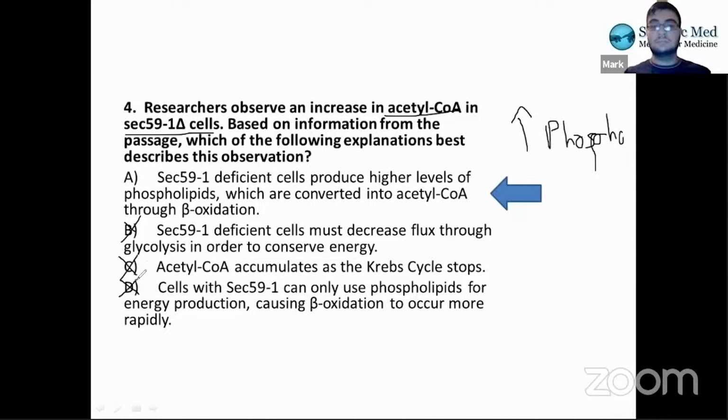So it wouldn't really be D. Sometimes the simplest, most straightforward answer is the correct one. Like in this case, you just have to look one step in front of you. As long as you know phospholipids are lipids, get turned into fatty acids, made into beta oxidation, and you could